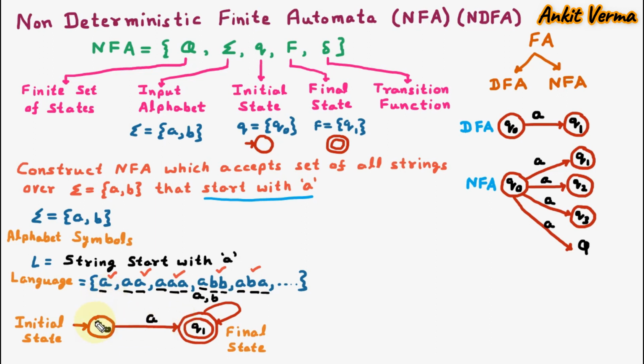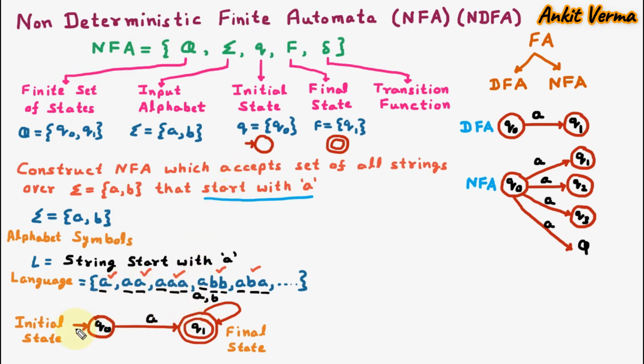That is possible because NFA it is not required. That's why NFA are easy to construct. In the NFA we are having the element which is Q, that signify finite set of states. So here the Q is signifying the set of all states which are there in NFA, and here we can see that there are 2 states which are Q0 and Q1. So these are the 2 states which are representing Q.